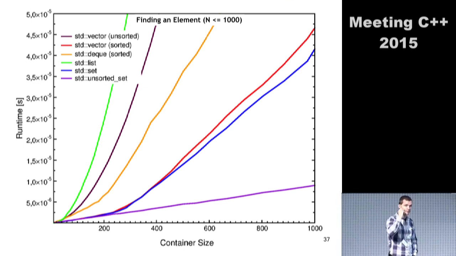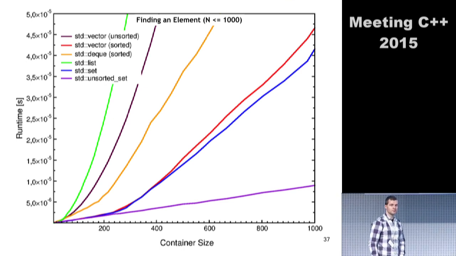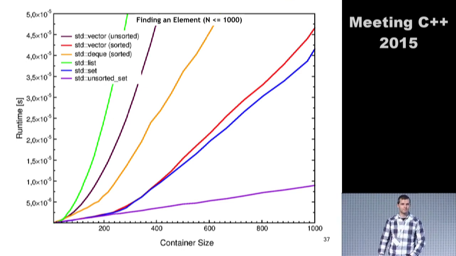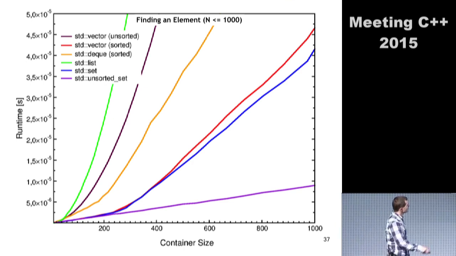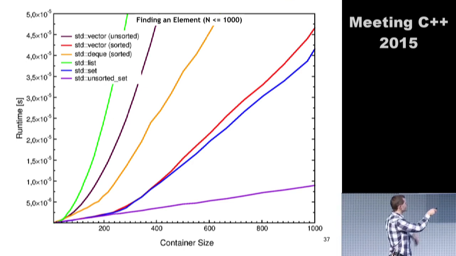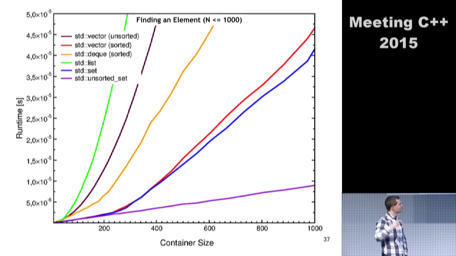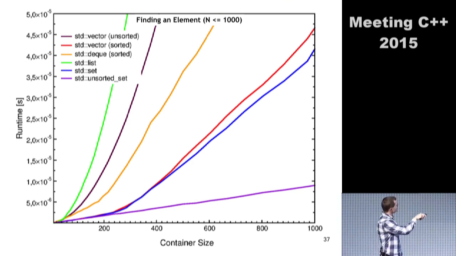Do you have any explanation for the growth of the vector? I mean, it looks a bit like exponential growth. And if I'm doing a sequential thing and the CPU basically just reads one cache line after the other, I would not expect that. I would expect that it's linear. So to some extent, I have to scale it even more to really see if it's now linear or exponential. So the unsorted vector, sorry, looks like exponential.